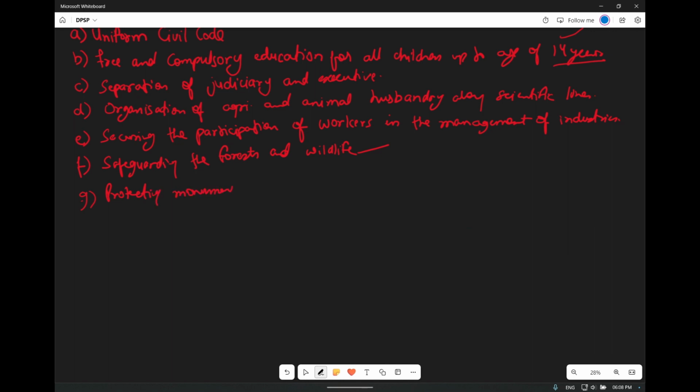Protecting. Now there are questions like why we are including forest, animal things and all monuments also in this Liberal one. I will explain to you. Protection of monuments and places of artistic or historical importance. Okay,